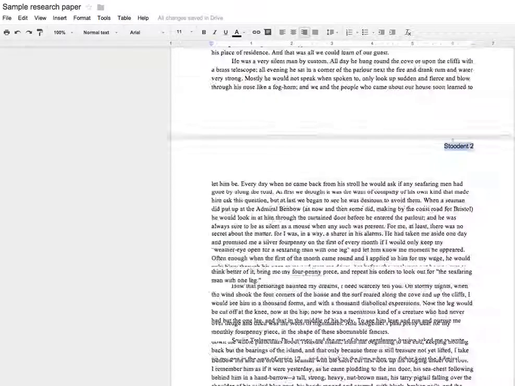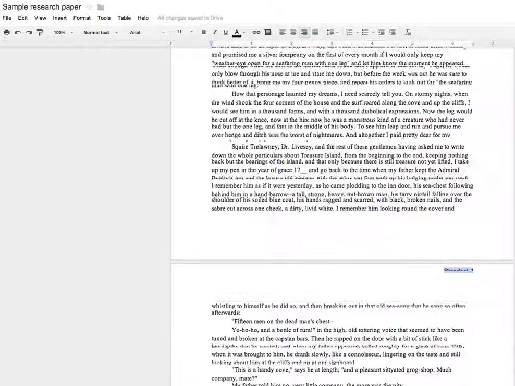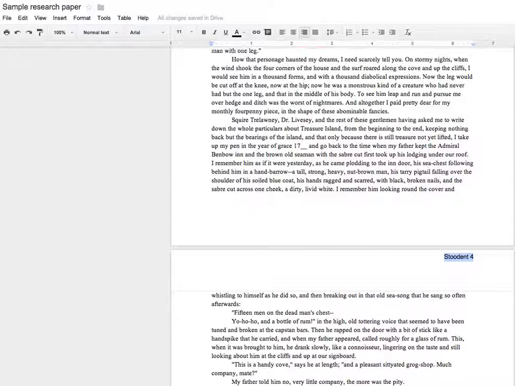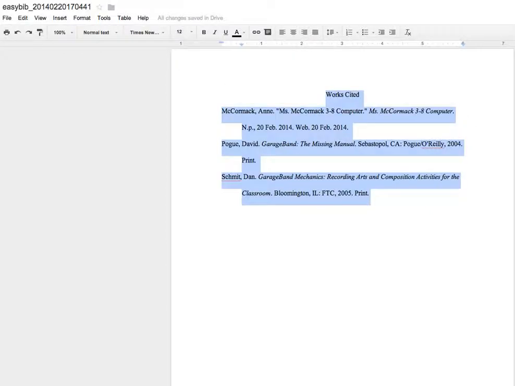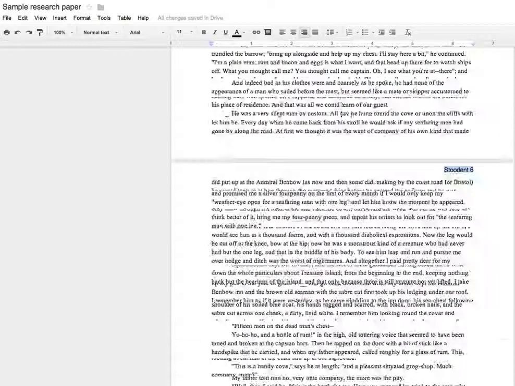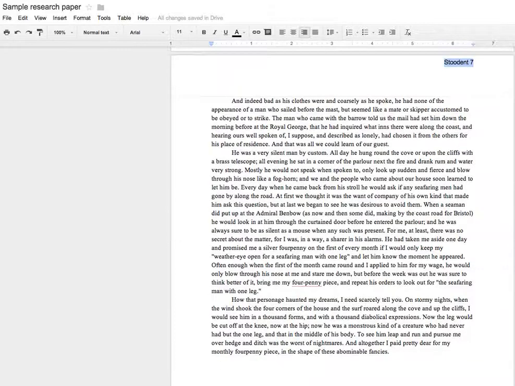Okay, so there's my research paper, and notice that each page is automatically numbered correctly. Now I'm going to go to that document that I made using EasyBib that has all my works cited on it. That's right here. I'm going to copy that with a Command C and paste it at the bottom of my research paper. Now my research paper, which ends at page 7,